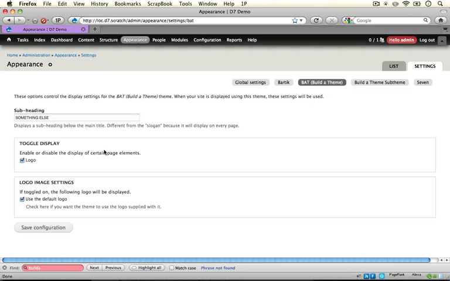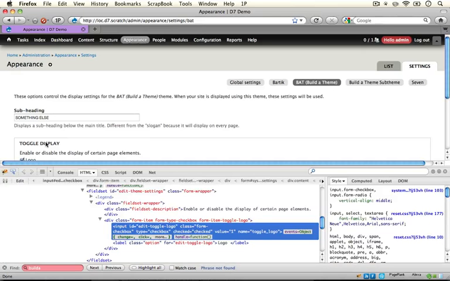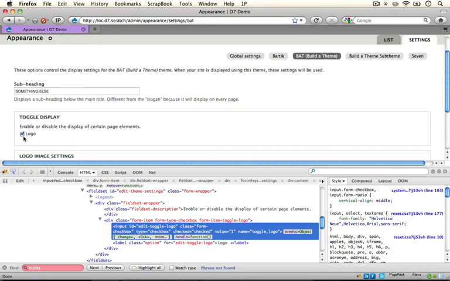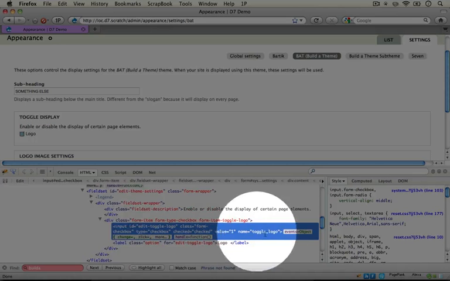The first is by removing all of the features that are in your theme's .info file so that all of them display on this theme settings page, and then installing or enabling Firebug for Firefox, and right-clicking on the checkbox and selecting Inspect Element, and this will allow you to inspect this particular checkbox and find out what its name is. So if we look down here where the dialog pops up, we're looking at the HTML for this particular element, and the name is toggle logo. And so logo here would be the element name that we would want to